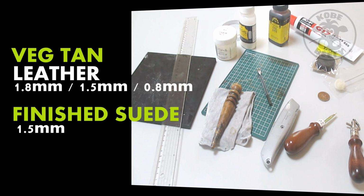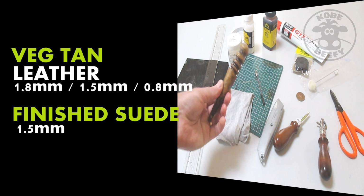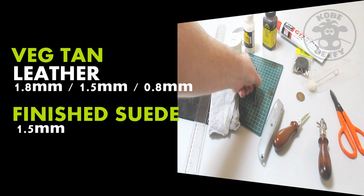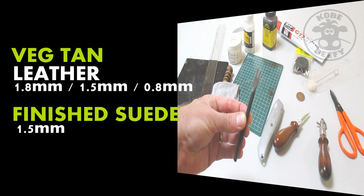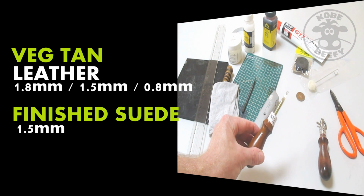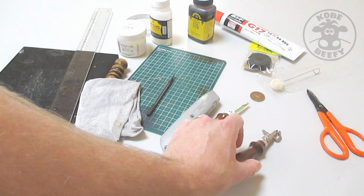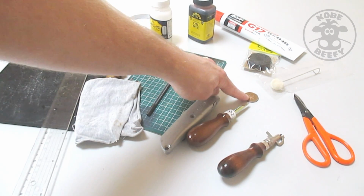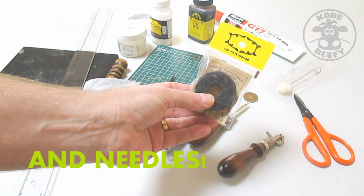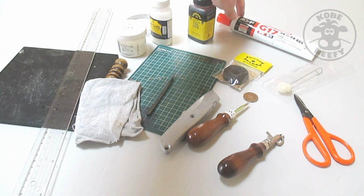Things that you'll need: a rubber mat, a ruler, a burnishing stick, some rags, a cutting board, 5mm pitch pricking iron, a box cutter, a number 2 edge beveler, a number 1 would be fine, a leather groover, a pair of craft scissors, a coin, a wool dauber, 1mm waxed polyester leather craft thread, some contact cement or suitable glue,